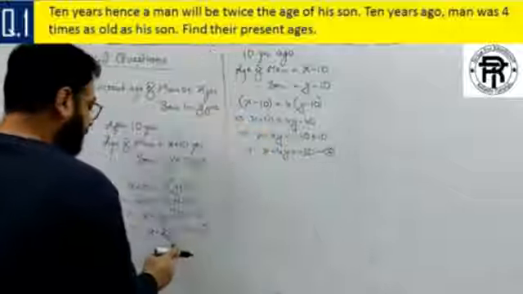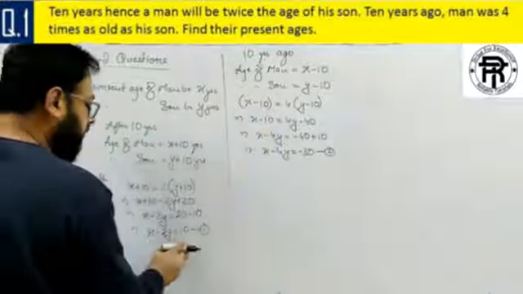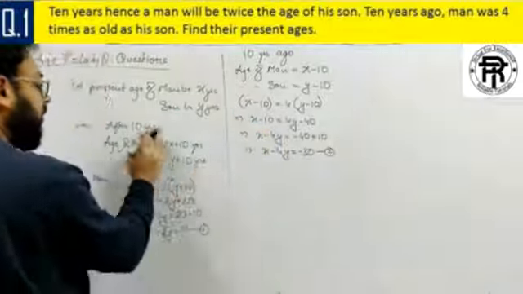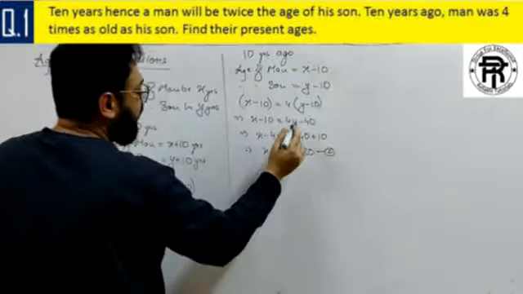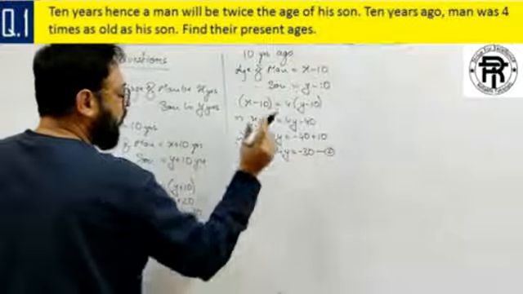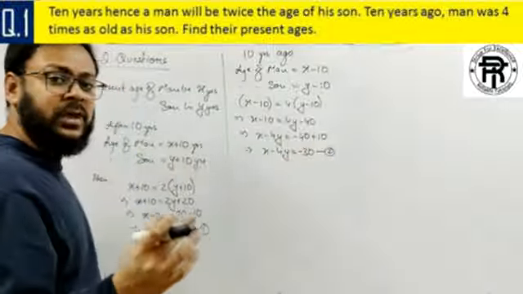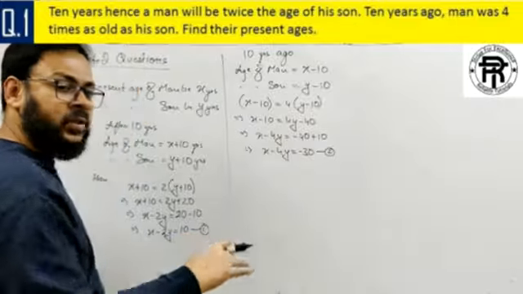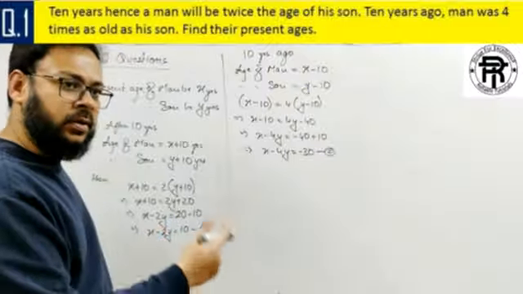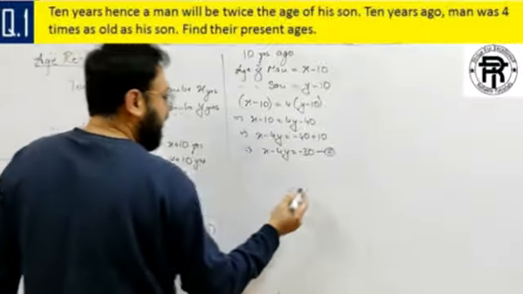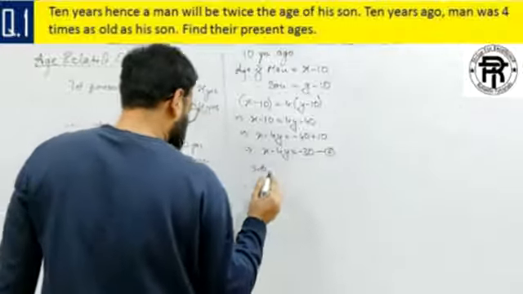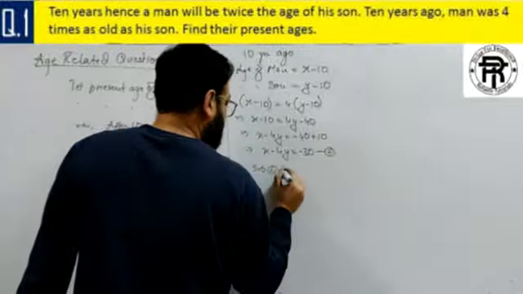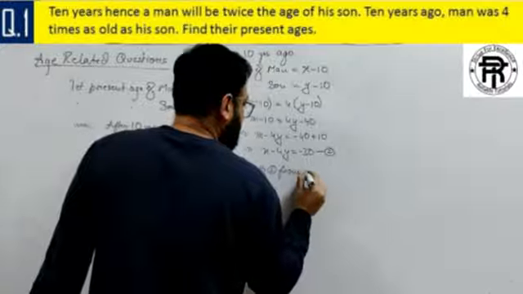So we have two different equations. The first one is x minus 2y is equals to 10, that we have got from the after 10 years relationship, and after the 10 years ago relationship we have got the second equation, x minus 4y is equals to minus 30. You can see in both the equations you have the variable x. So directly subtract them and cancel the value of x. They directly will get eliminated. Subtracting equation number second from first.